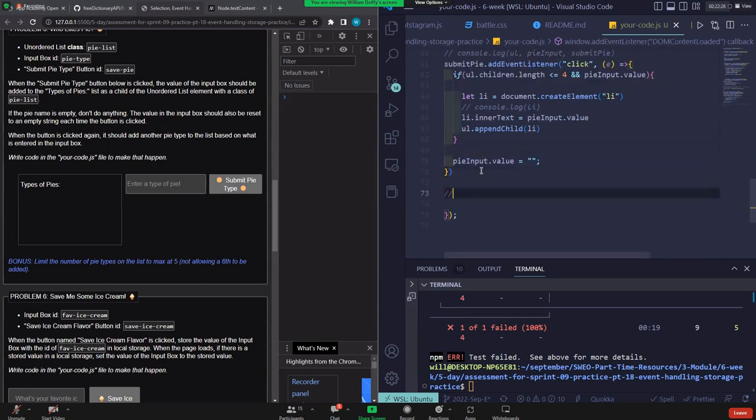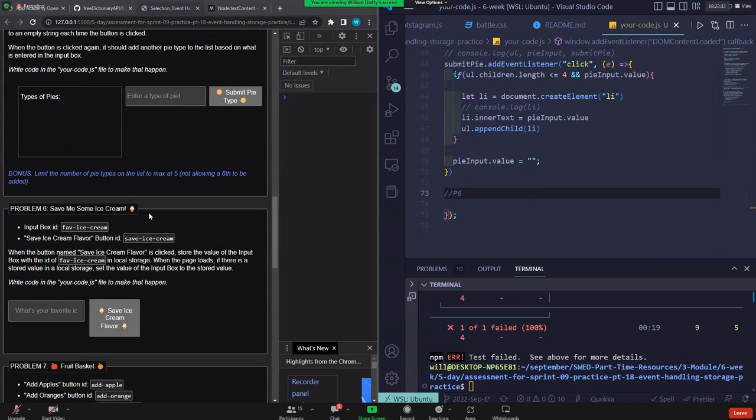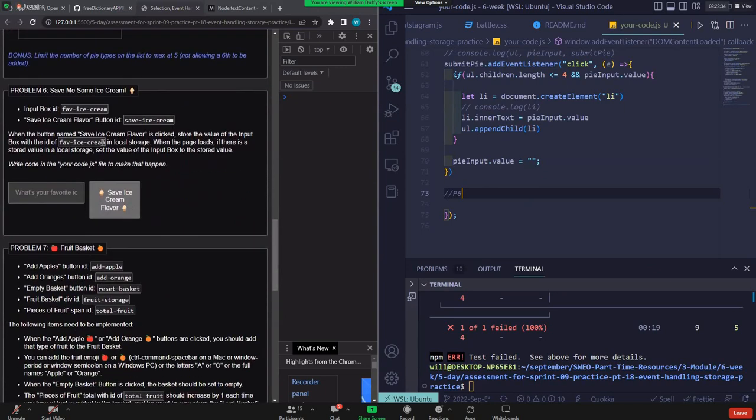People feeling good about 5? We can move on to 6 then, which is save me some ice cream. So we have another storage problem where we're going to be storing, not this time as cookies, but in local storage. So let's do what we've been doing, where we just grab all of our